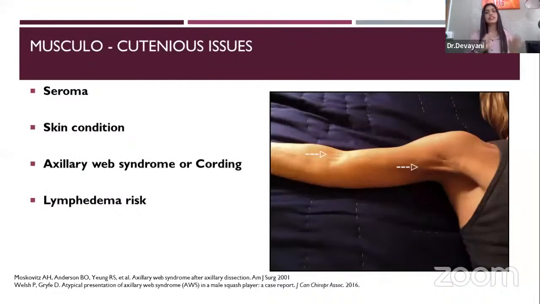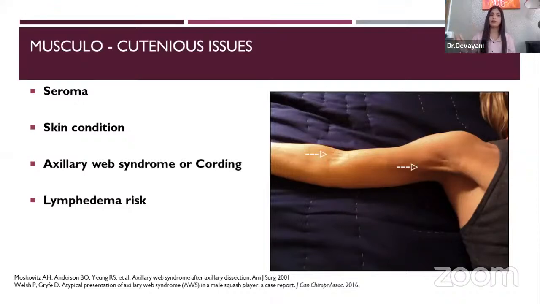Coming to the musculocutaneous issues. Now we were talking about musculoskeletal issues, and now I'm coming to the musculocutaneous issues. This is very important: seroma. Seroma is an abnormal collection or pouch of fluid which develops near the surgical site. I have seen a balloon sort of seroma collection, a fluid collection, which was equal to the other breast. The breast was removed and there was so much collection that it looked like another breast was coming up. That can be an issue, because those who have seroma have a higher risk of lymphedema,